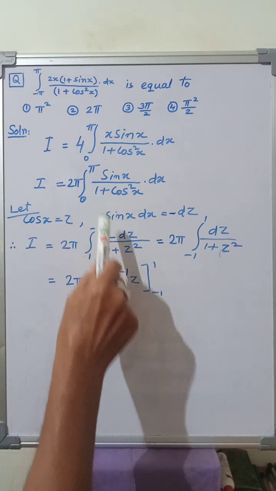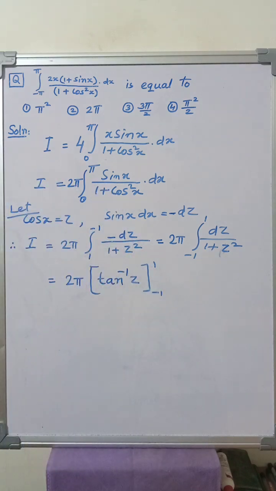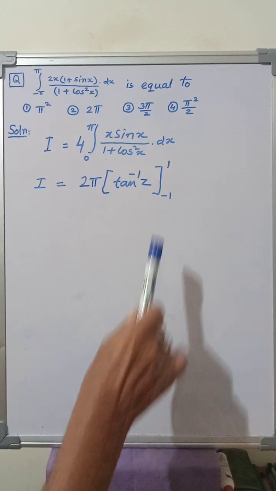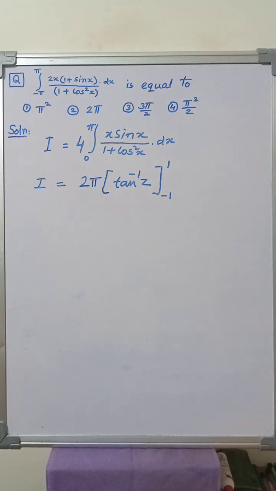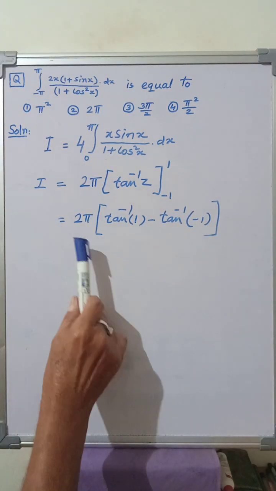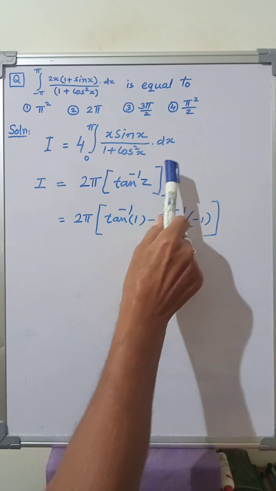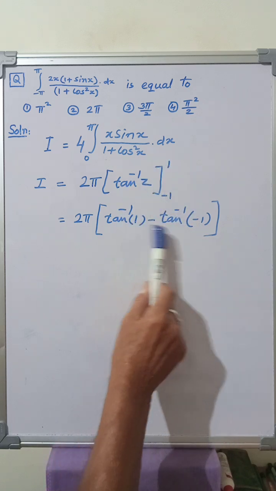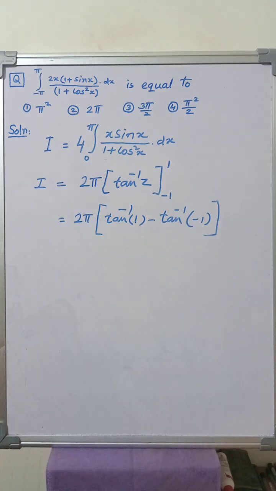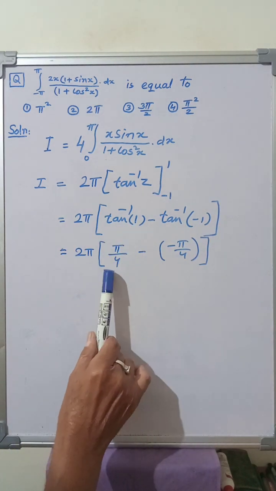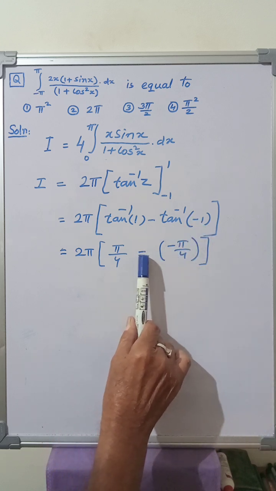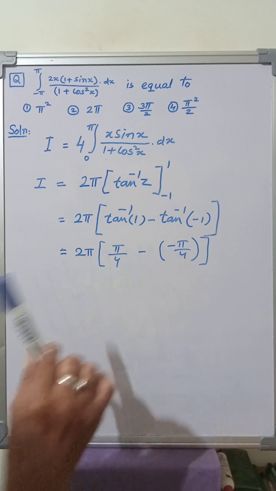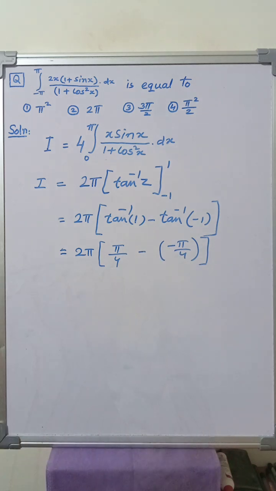Now putting upper limit minus lower limit, we get the function as follows. I is equal to 2 pi into tan inverse of the upper limit, tan inverse 1, minus tan inverse of the lower limit, tan inverse minus 1. Now putting the values, we get tan inverse 1 is equal to pi by 4 and tan inverse minus 1 is equal to minus pi by 4. With this negative sign, this becomes positive. Let's do it in the next step,